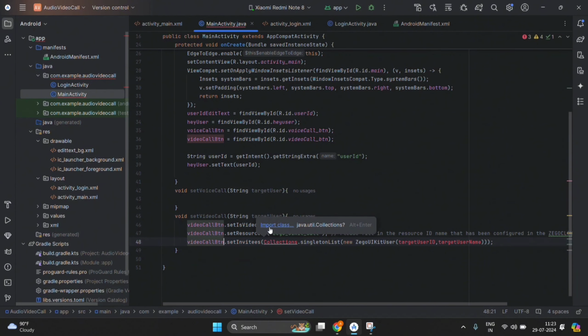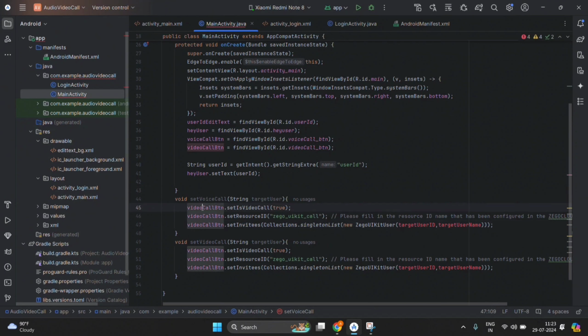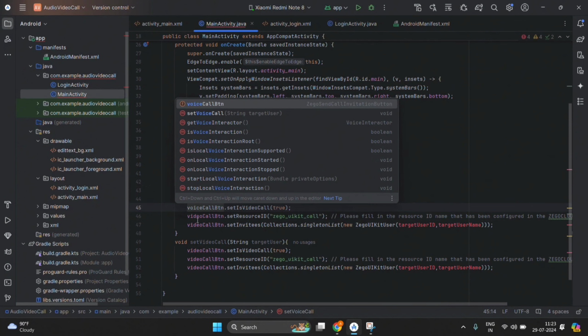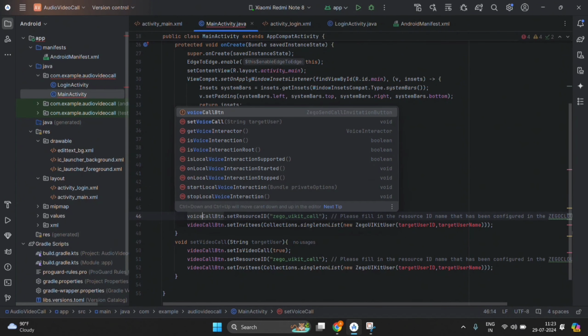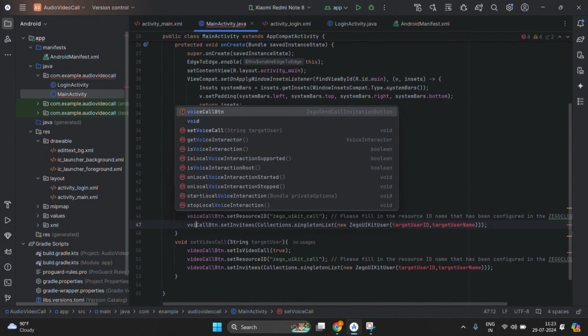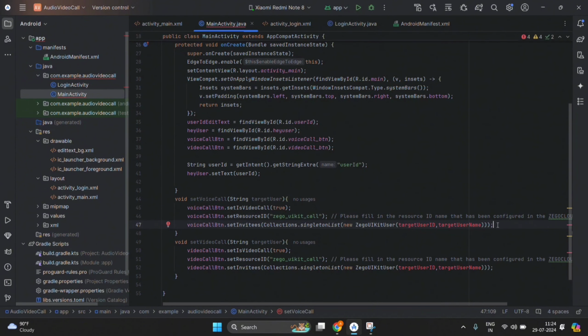After this import this class and copy this code again and paste it here, and in this use voice call button and here also voice call button. And now as you can see the first line of code, voice call button dot set is video call, make it false here,